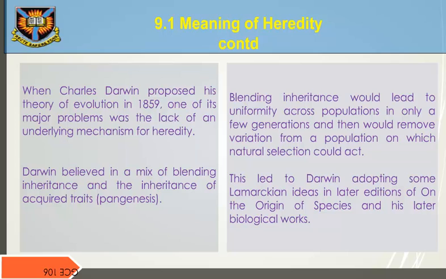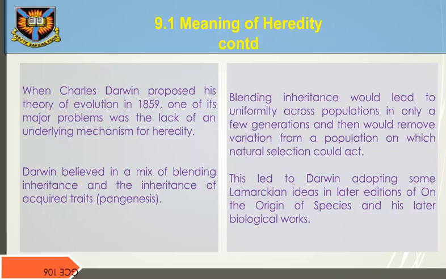Darwin believed in a mix of blending inheritance and the inheritance of acquired traits, pangenesis. Blending inheritance would lead to uniformity across populations in only a few generations and then would remove variation from a population on which natural selection could act. This led to Darwin adopting some Lamarckian ideas in later editions of On the Origin of Species and his later